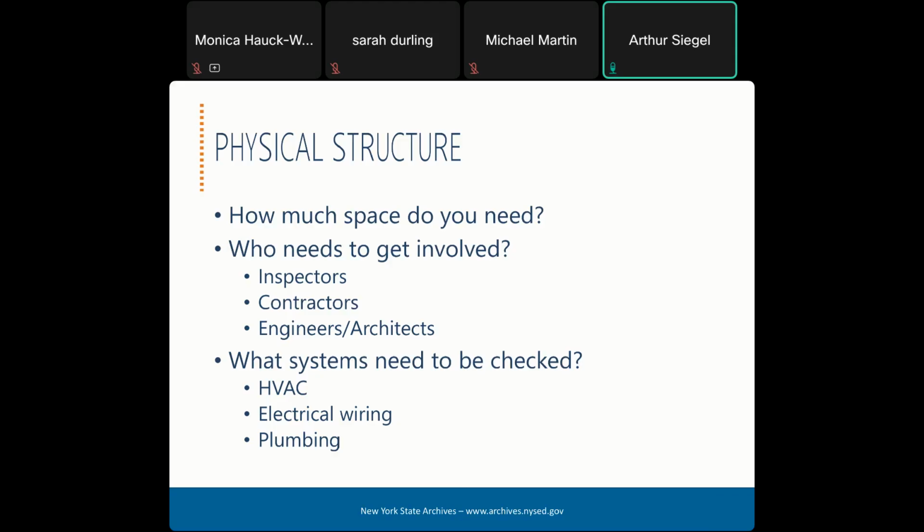They can also do things like evaluate risks associated with pipes running through the facility, determine the existence of fire hazards, and examine HVAC systems, electrical wiring, and plumbing. We have a facilities checklist in our publication, Guidelines for Storage of Inactive Records, to help you evaluate your current or potential inactive records sites. This checklist, which can be found on our website, will cover everything you need to ensure you don't miss anything.